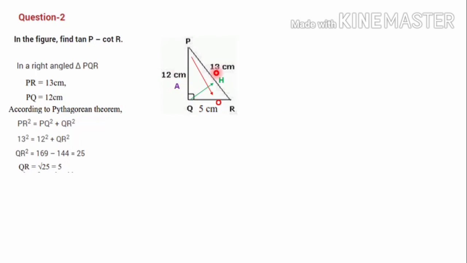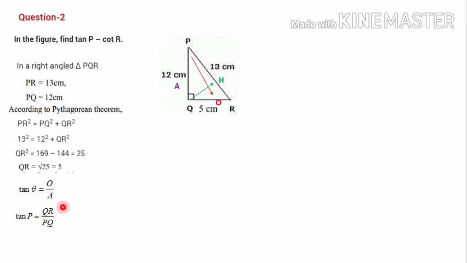Now all three side measurements are there. We can write any trigonometric ratio. First of all, we go for tan P. Let's recall the formula for tan: tan theta is equal to O divided by A. Here theta is P. Tan P is equal to, based on P, we have labeled the opposite side QR, divided by the adjacent side PQ. So QR divided by PQ. Tan theta is equal to O by A.